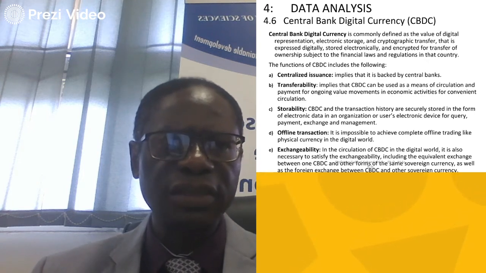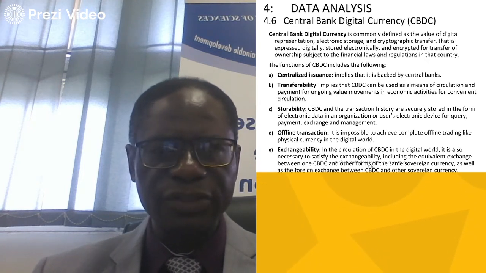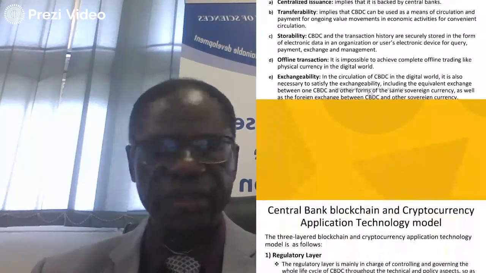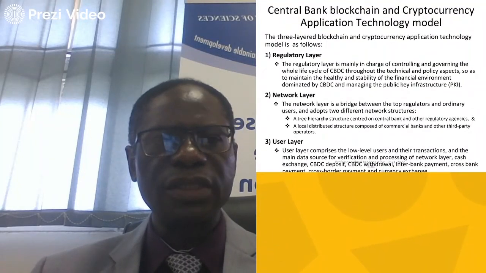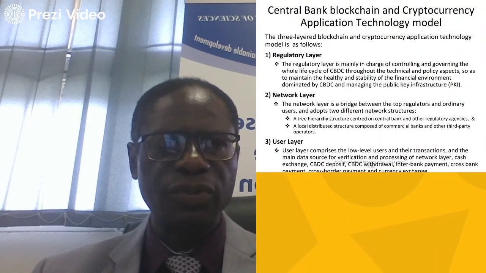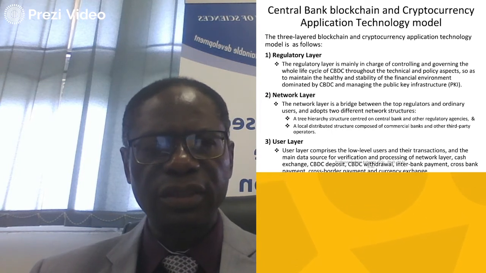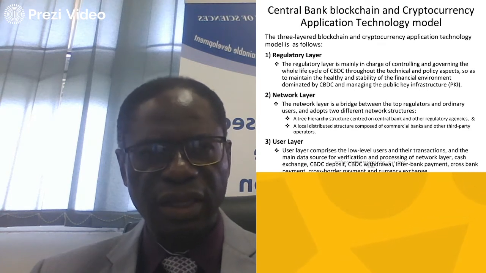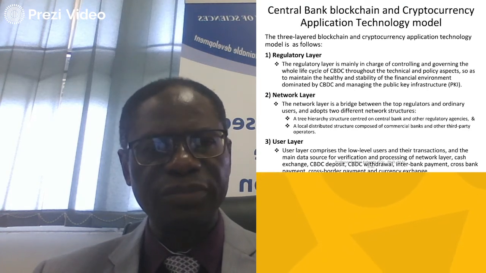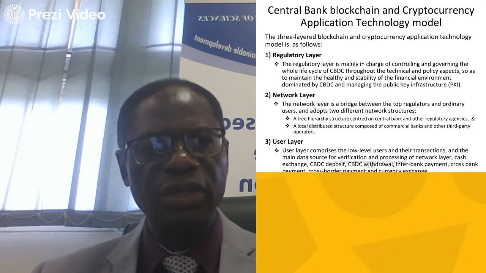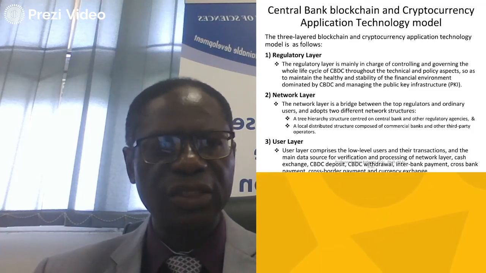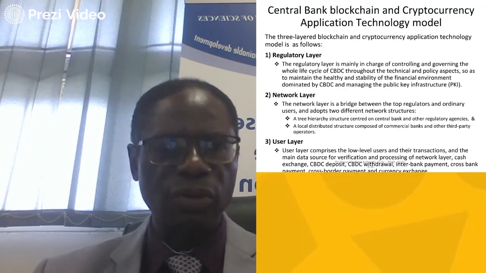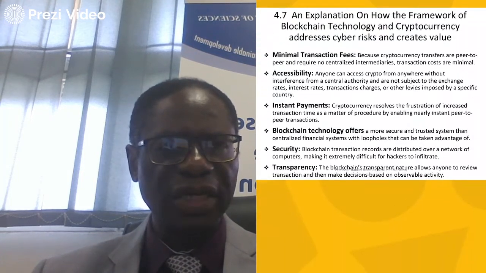We see that kind of currency being one that gives centralized issuance, transferability, storability, offline transaction, and accessibility, among other things that are there. The central blockchain and cryptocurrency application model then, in a sense, will have a regulatory layer where the central bank comes in and regulates what happens also in the commercial banks and financial service sector. Then there's a network layer, which is a bridge between the top regulators and ordinary users, and this adopts different kinds of structures. Then there's the user layer, where we focus specifically on the individuals and organizations that are using